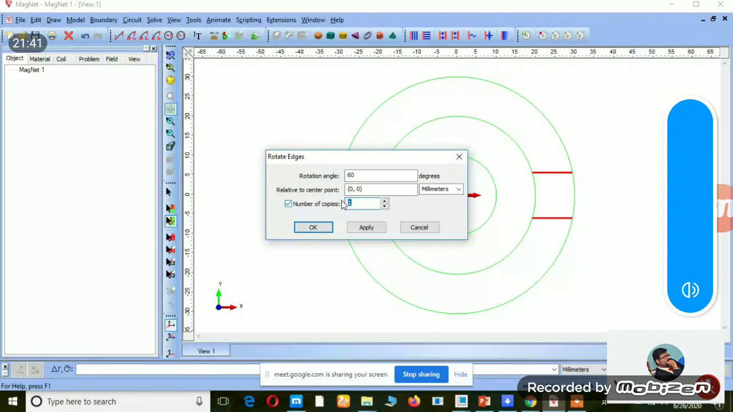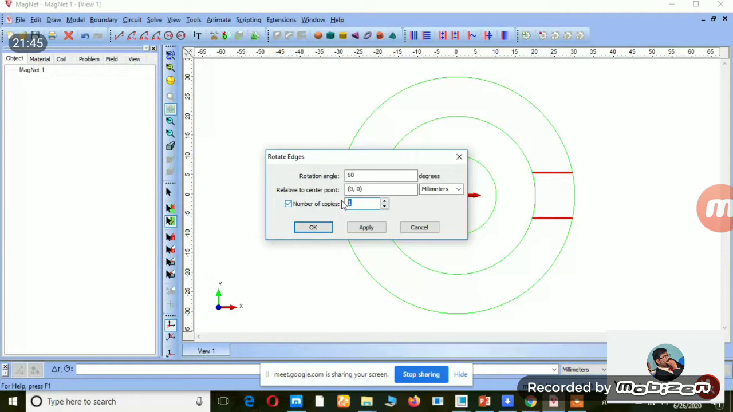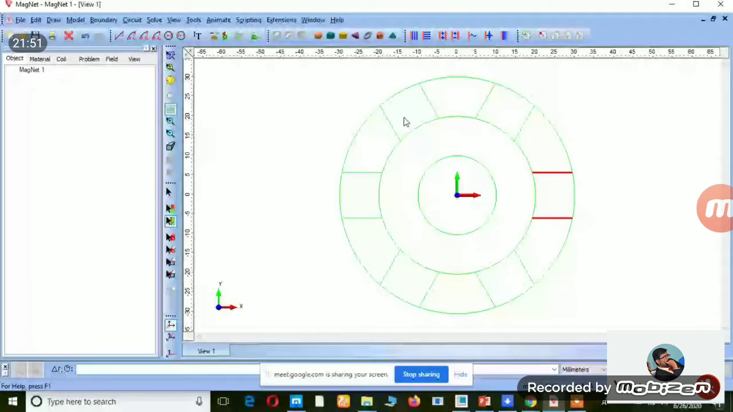So now again, I want to make a number of copy record here is 6. I just give apply here so that I can obtain the number of copy as 6 rotor pole is now available. Now what I want to do here is delete the lines which are not needed for now, right? So for that I select the outer radius and then select the segment tools, right? I just delete the lines which are not needed,